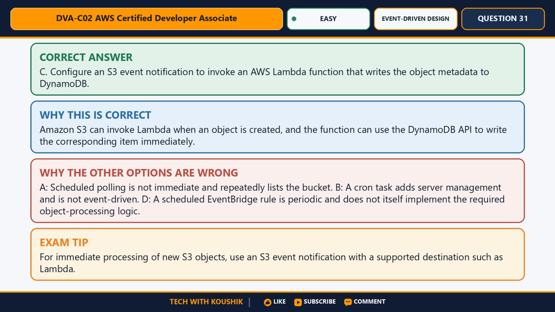Why are the other options not correct? A. Scheduled polling is not immediate and repeatedly lists the bucket. B. A cron task adds server management and is not event-driven. D. A scheduled EventBridge rule is periodic and does not itself implement the required object processing logic. Exam tip. For immediate processing of new S3 objects, use an S3 event notification with a supported destination, such as